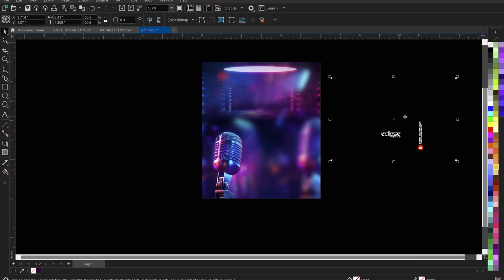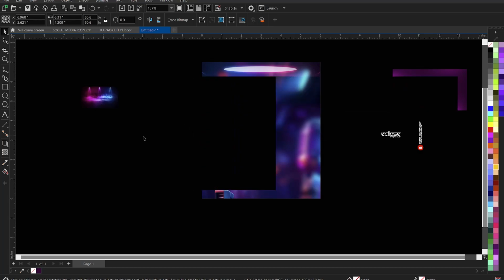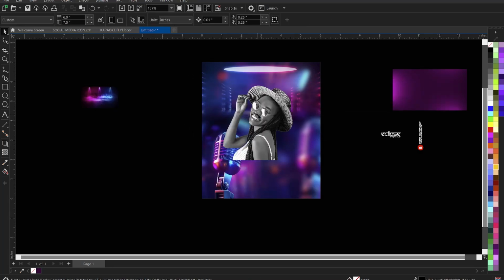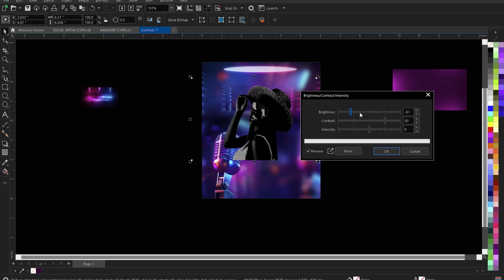So the next thing I'm going to do, guys, is I'm going to bring this one in. Let me make sure it's at the top of it, right? It's properly centralized. Then I'll bitmap it first of all. When I bitmap it, I will now press Ctrl B on my keyboard, right? And make sure it is dark. I will take it down like this and make sure it is dark, right? When it's dark like that,